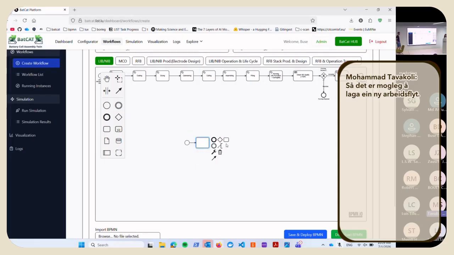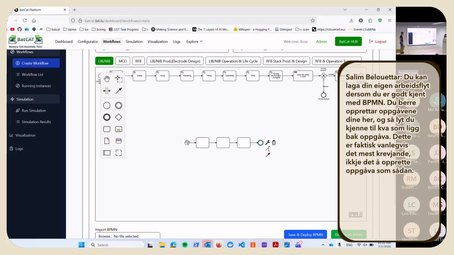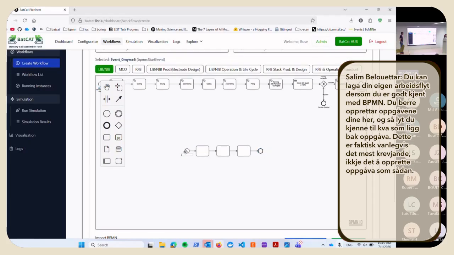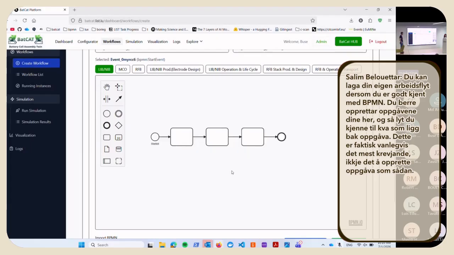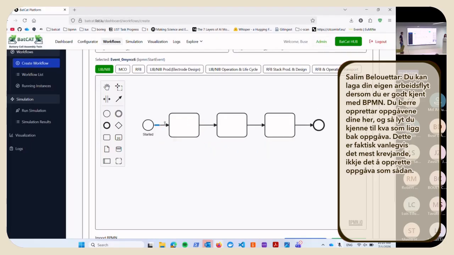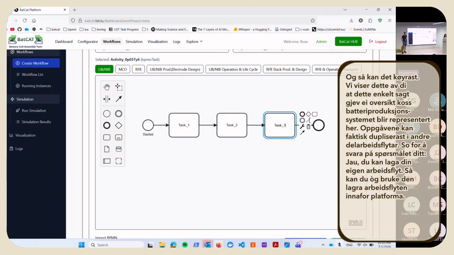So you can create your new workflows based on the existing models. You have two options to create your workflow because it's no code. If you are familiar with BPMN, you just create your tasks there, and you should know what is behind the task. This is most of the time the tricky part, not the creation of the task itself, and then you can run it.